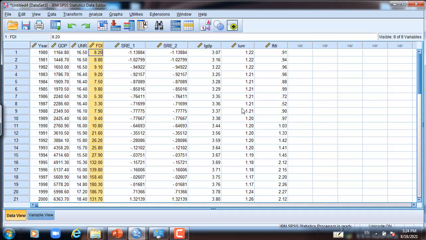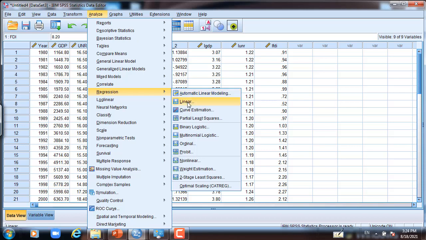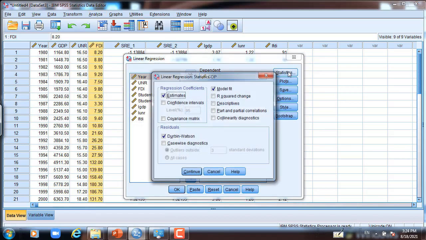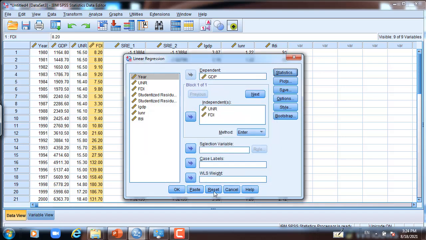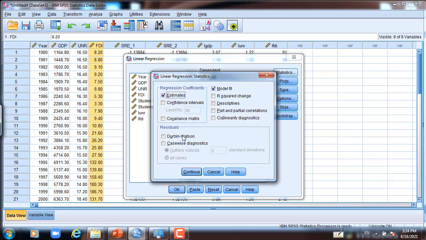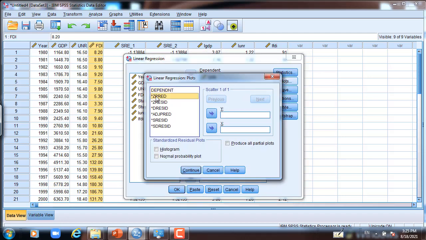So what we shall do now, after we transform all the variables into logarithm, is run the regression again. We use the same process as before. So how to run the regression? I go to Analyze, Regression, Linear, and then Statistics. Of course, I mentioned it here. We have to reset and put the log GDP as dependent variable, log unemployment and log foreign direct investment as independent variables. Then I go to Statistics, then select Durbin-Watson because it is a time series, and then I go to Plots, continue, go to Plots, select ZPRED as X axis and ZRESID as Y axis, and then